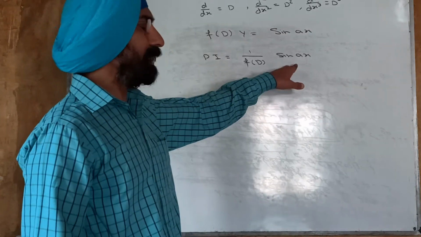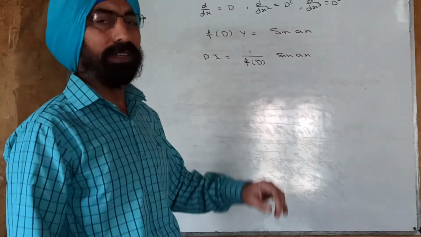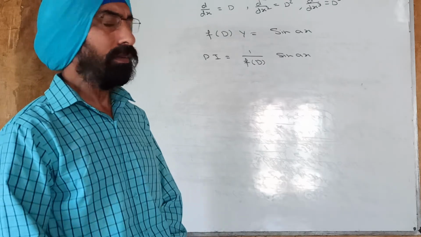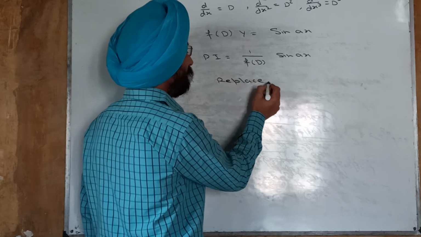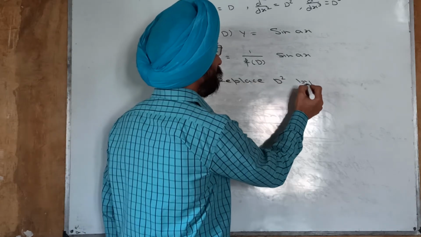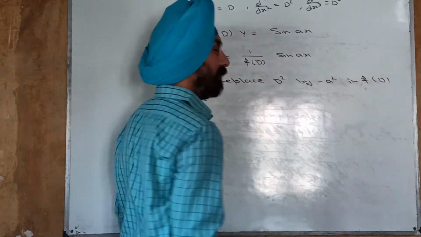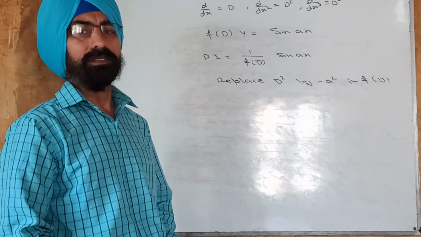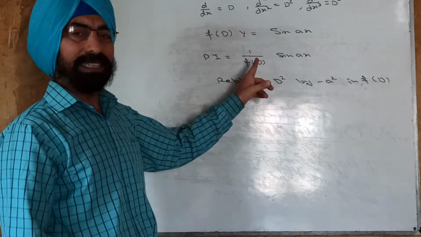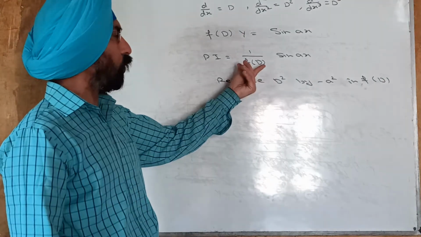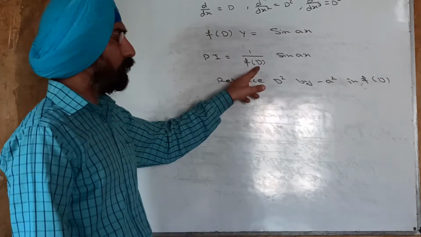Here, if your function is sine ax or cos ax, what we are to do is replace D square by minus a square in f of D. And if you come to a result with f of minus a square, replacing D square by minus a square, if it is not 0, you will have the final solution. If it comes out to be 0,